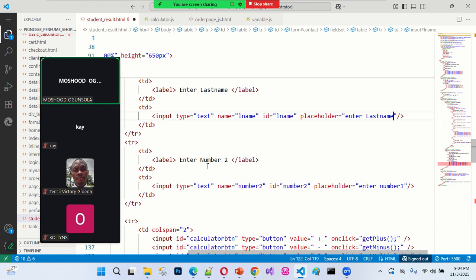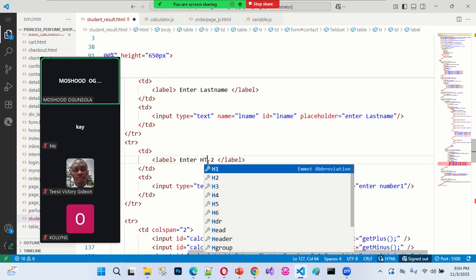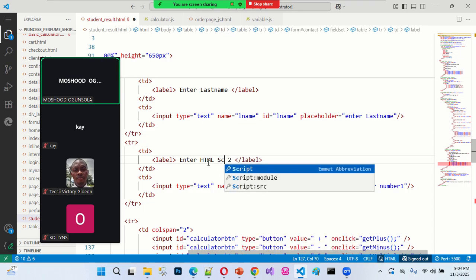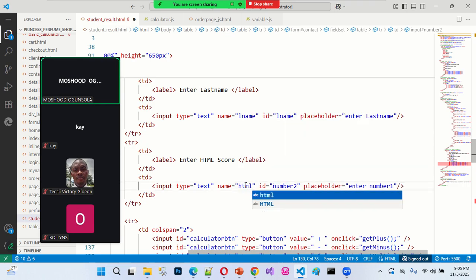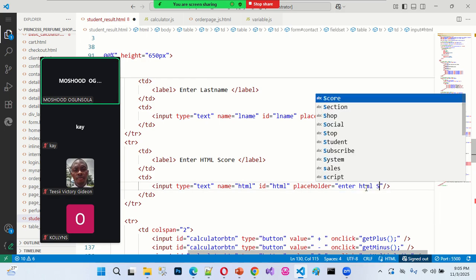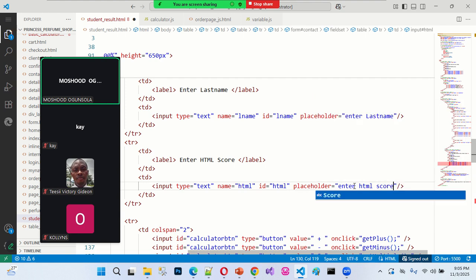After that, this is going to be about three subjects. Enter HTML score. I call this one HTML, and here too HTML, and here is going to be HTML score. Okay, so as we enter HTML score, we also do the same thing for